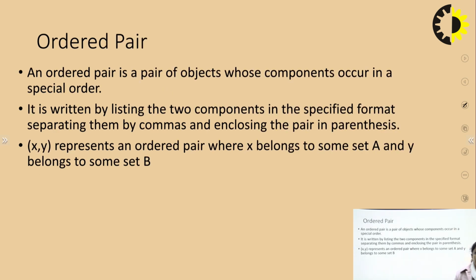So to understand what exactly is a relation, first of all we need to understand what we mean by ordered pair and then what is Cartesian product. If I talk about ordered pair, as the name says, it is going to consist of a pair of elements which have to be in certain order, and the order of these elements is going to be important. So an ordered pair basically is a pair of two elements. Suppose I have two elements a and b. Now what is the property of these two elements a and b?